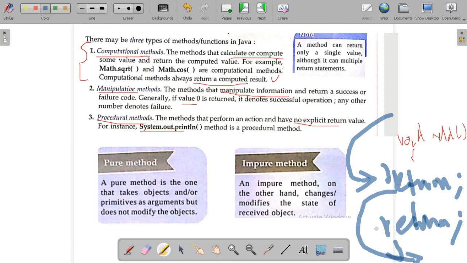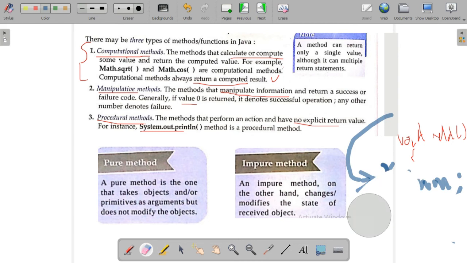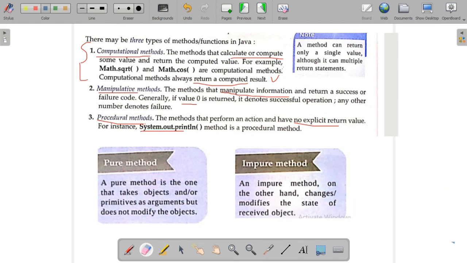A method can return only a single value. It can have multiple return statements. In a code snippet, we are just writing void add off. In this void add off method, required statements we have given, and just writing two return statements. Consider here we are writing two return statements. How will it execute? After the calculation, we write return semicolon or return any variable semicolon, and another return any variable semicolon that I have given here.